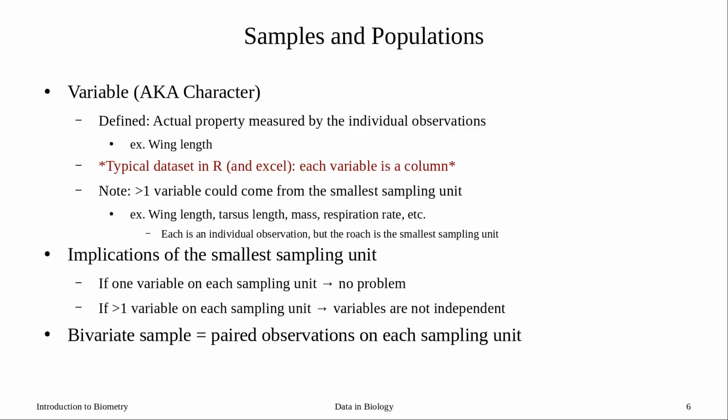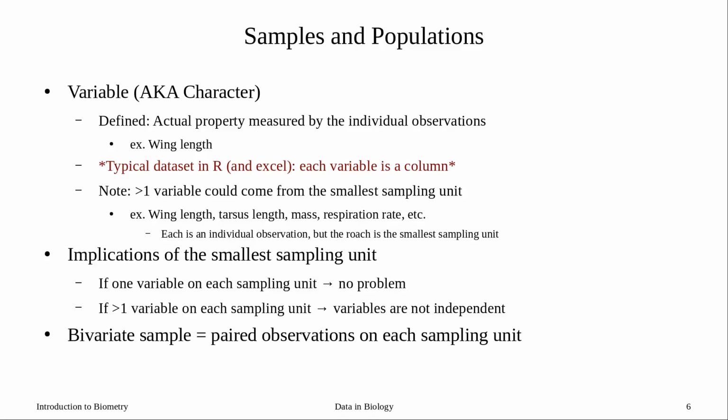So if we do have that situation, that actually now represents a bivariate sample. We have paired observations on each sampling unit. Can we still analyze them? Yeah, we can. Can we do our typical statistics, so t-tests, ANOVAs? No, we have to account for that non-independence between our two different